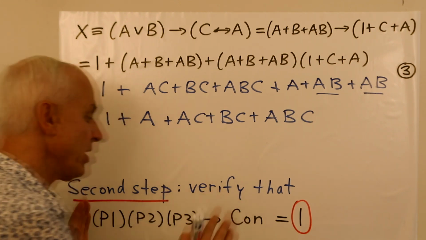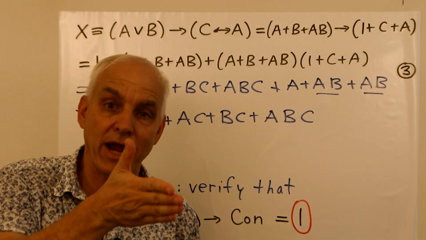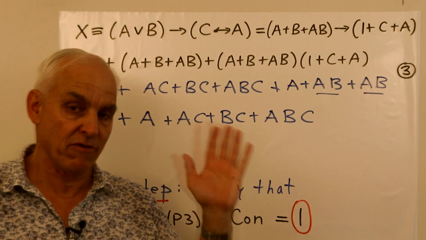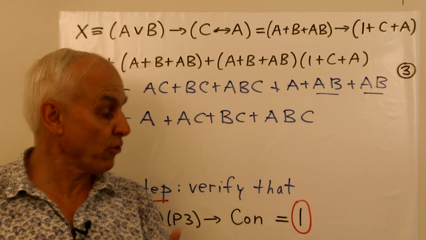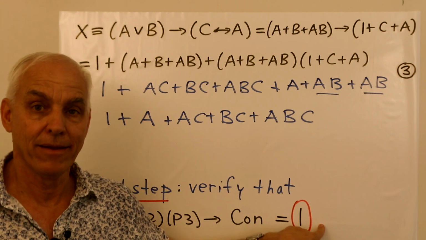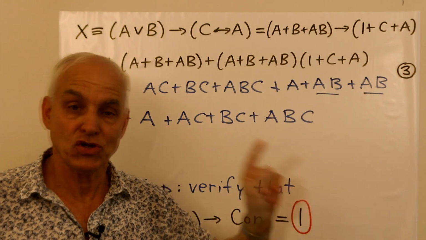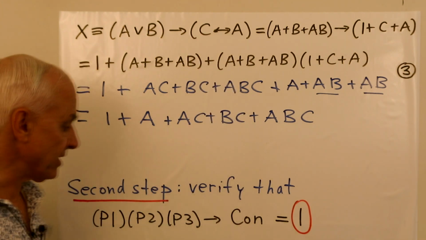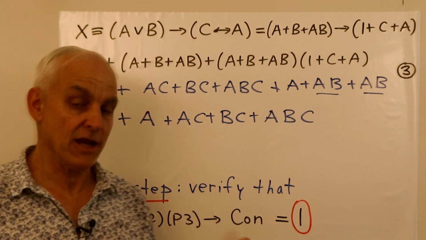And the way we're doing that is we're taking this entire expression and we're evaluating it. So this is just another expression in the algebra of Boole world, and it reduces to a Boole polynumber, and we want to prove that that Boole polynumber is exactly 1. It doesn't have any of these a's, b's, ab's, abc's, etc. Just 1. That means it's always equal to 1. That means this is a tautology. That is then the end of our derivation.